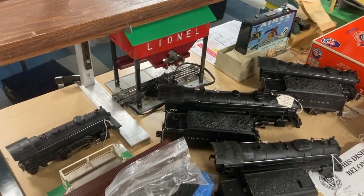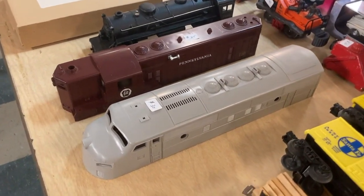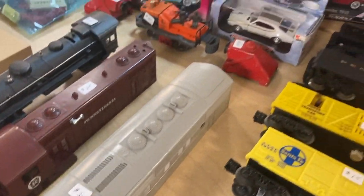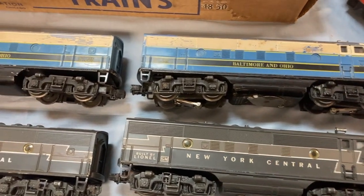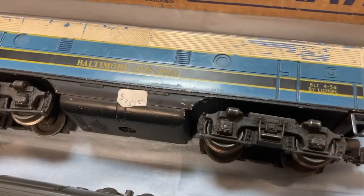I felt pretty good when I saw this unpainted gray F3 shell for $30. I recently bought the same thing on eBay, plus an undecorated F3B shell together for $30, and then only an additional $10 for shipping. At some point, I might like to own a Lionel B&O F3 set, but not this